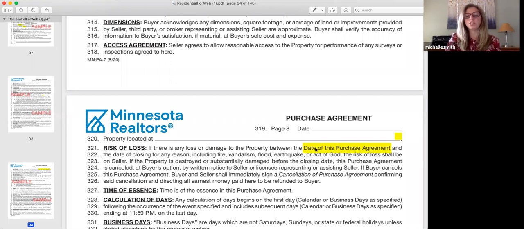So they changed it to clarify that they are talking about the date at the top of the purchase agreement. So if there is any loss or damage to the property between this date, the date it was written, and the date of closing, the purchase agreement is canceled at the buyer's option, and it goes on and on. By written notice to seller, if buyer cancels this purchase agreement, buyer and seller shall immediately agree to sign